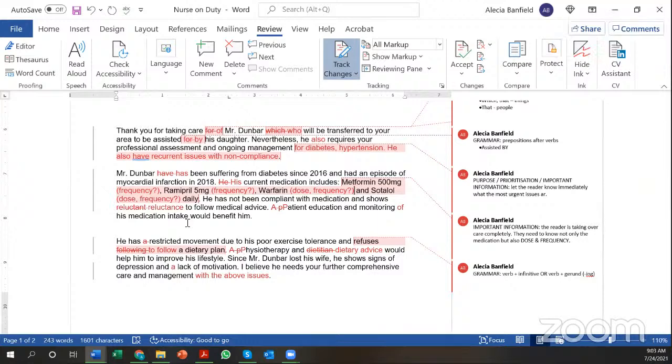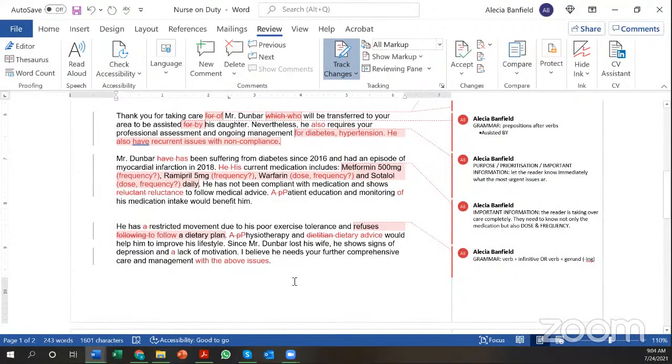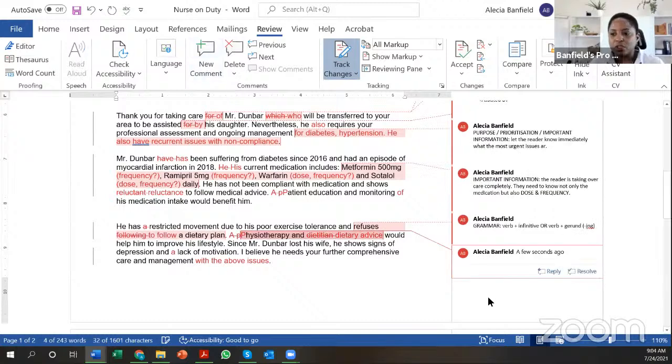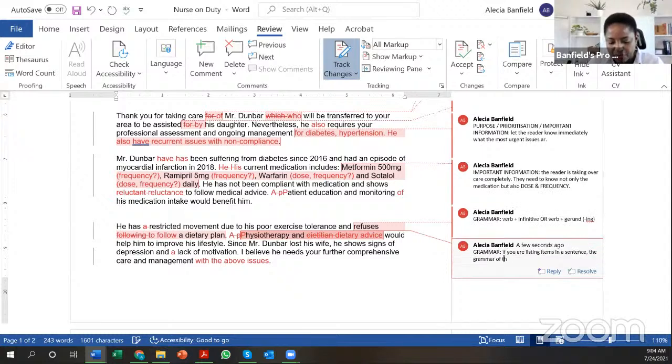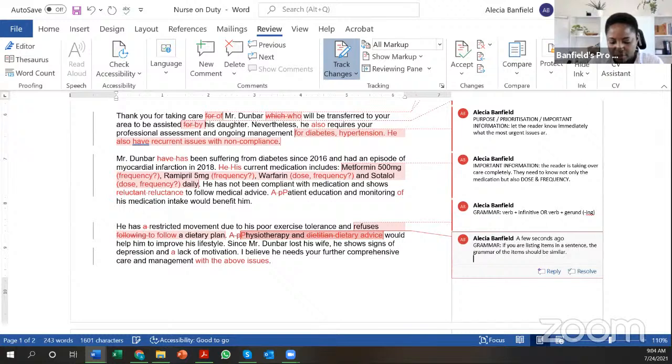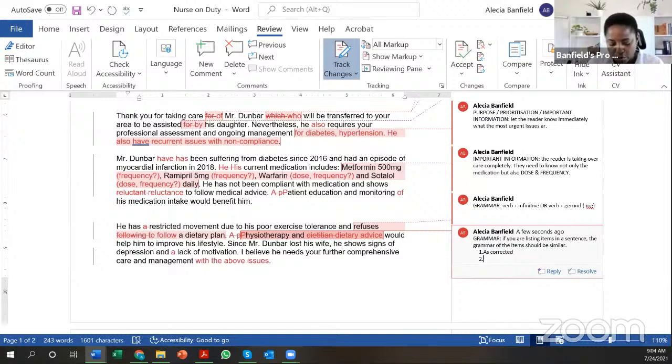If I want to include an example here, physiotherapy, a person example, a professional dietitian, how can I put that? Okay, so let's put that in. Let's put here grammar. If you are listing items in a sentence, the grammar of the items should be similar. So you have two choices here. One is as corrected, and two could be,